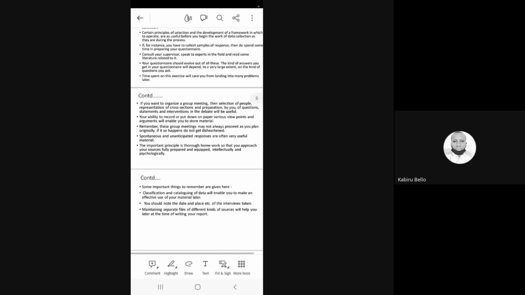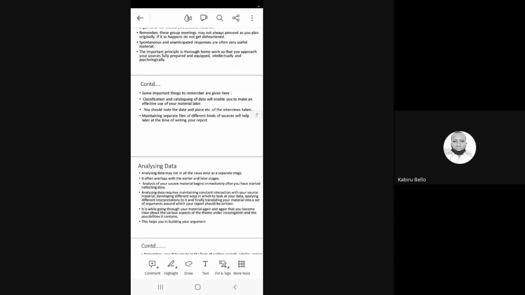Another thing I wanted to say, you can do a survey using Google Forms. Do you know what a Google Form is? Kabiru, any idea what a Google Form is? Yes, ma'am, I am aware of Google Form. I use Google Form to share with my students for online exams or CA assessment. Yes, very good. Online assessment, very good.